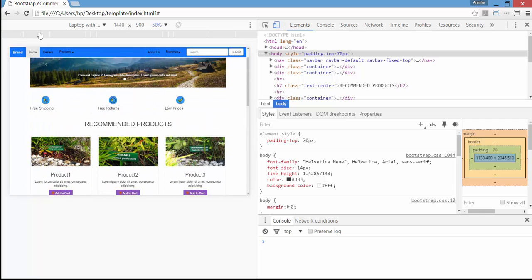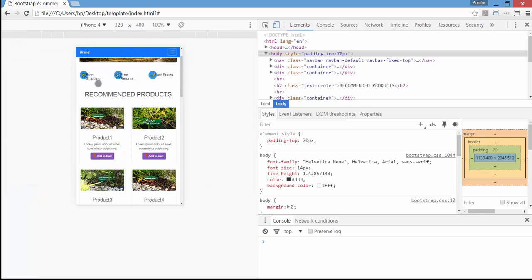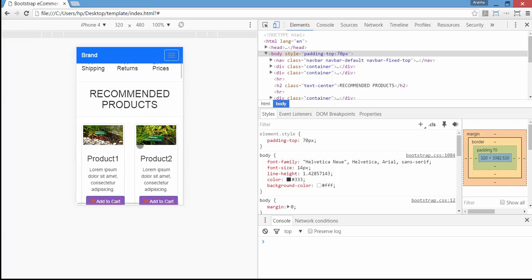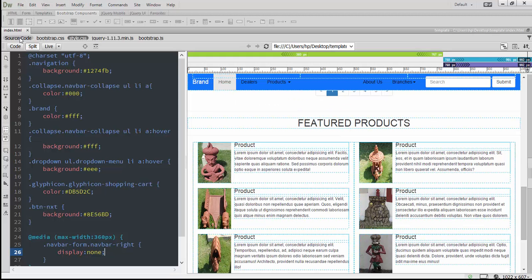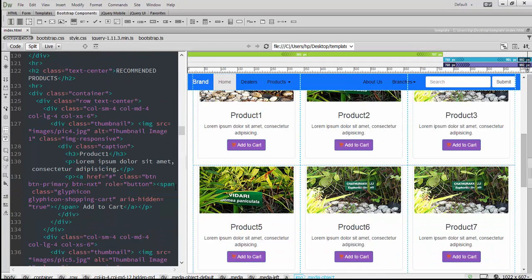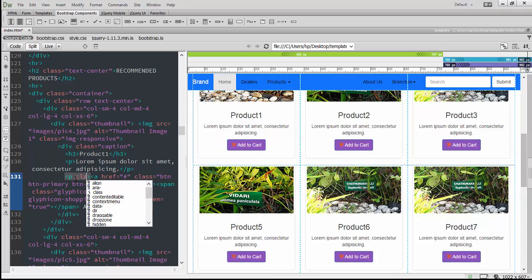Now for 320 iPhone, if you come down, one thing you will see is the add to cart button is touching the border of the column. So we need to align this slightly to the left. So do that. The buttons are defined under the recommended products. The buttons are placed inside a paragraph, a P. Now this paragraph, let's give it a class, let's say products,